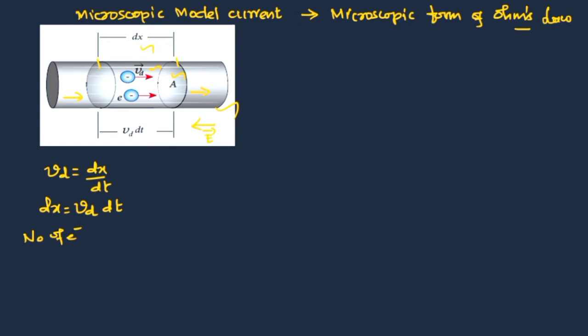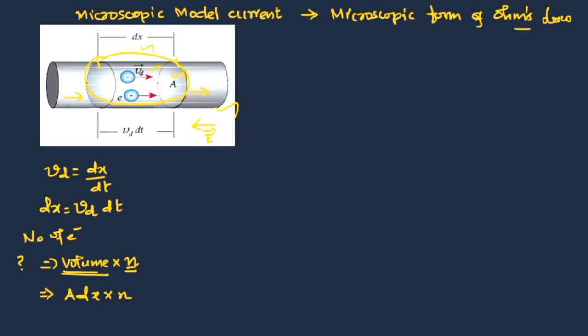In this dx distance, what is the number of electrons அப்படின்னு பார்த்தீங்கன்னா, it is nothing but volume in this distance. இந்த total volume நமக்கு தேவை. இந்த dx distanceல என்ன volume இருக்கு, into number of electrons in unit volume. So இந்த volumeல எவ்வளவு electrons இருக்குது அப்படின்னு நம்ம கண்டுபிடிக்கணும். அப்படின்னா unit volumeல what is the number of electrons multiplied by the corresponding volume. So இந்த volume என்ன அப்படின்னு பார்த்தீங்கன்னா area into distance is called volume, multiplied by the number of electrons in unit volume. That will give you the total number of electrons in this distance dx